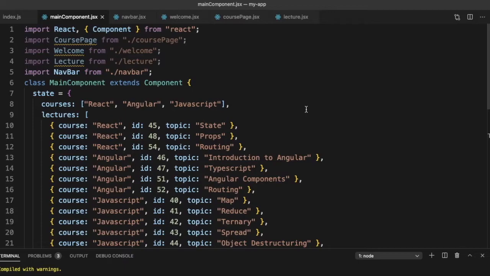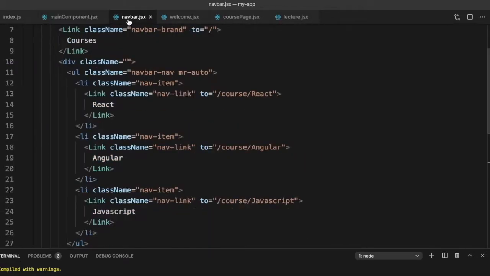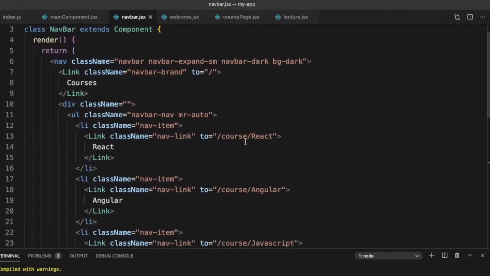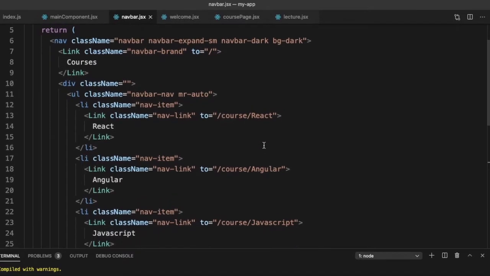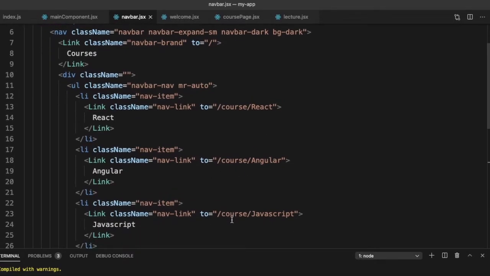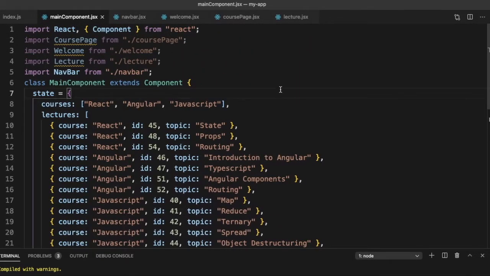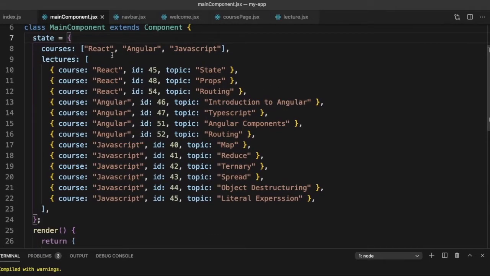So what we have created here is just some skeleton components: the main component, navbar, welcome, course page, and lecture. In the navbar we have just gone ahead and created the links to /course/react, /course/angular and /course/javascript. Let's go to the main component. The main component has the data on the courses and the lectures.